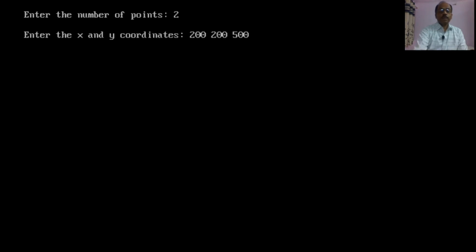500, and if we have to draw a straight line, then we put the end point y coordinate the same as that of the starting point. So, I have put the 200 same. So, you will see a line appearing on the screen, that is a straight line. So, this is the way by which we draw lines in our graphics.